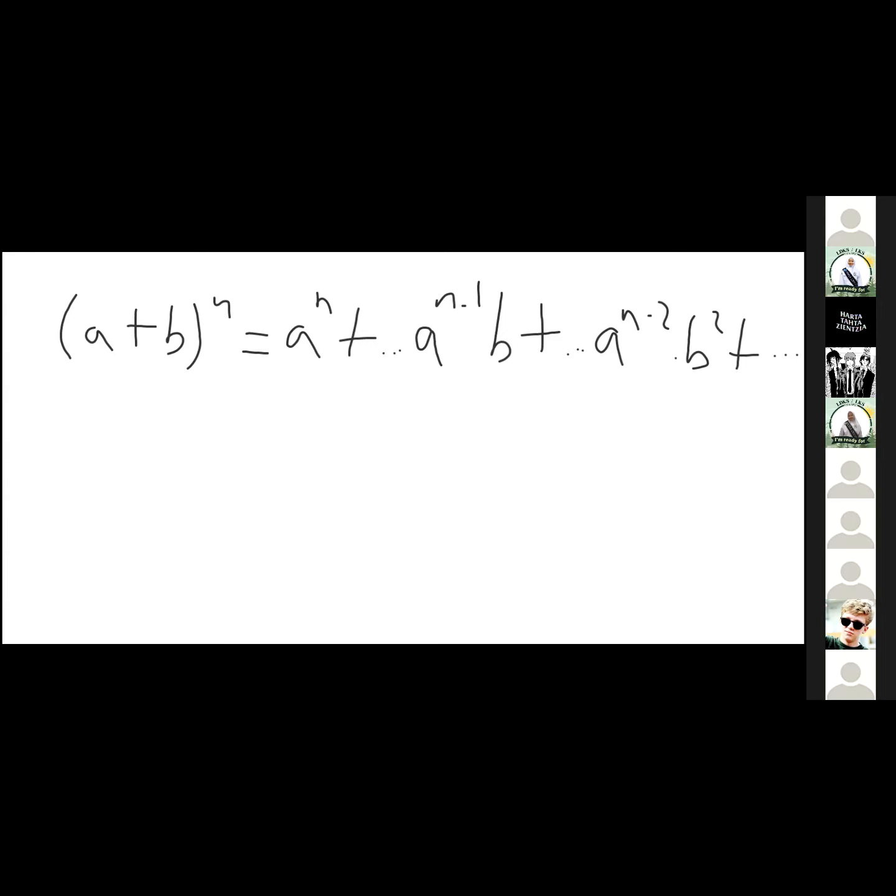So we can also write this down as n choose 0 times a to the power of n, and then plus n choose 1 a to the power of n minus 1 times b, plus n choose 2 a to the power of n minus 2